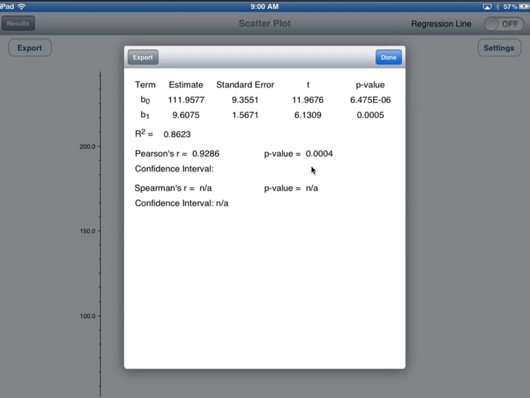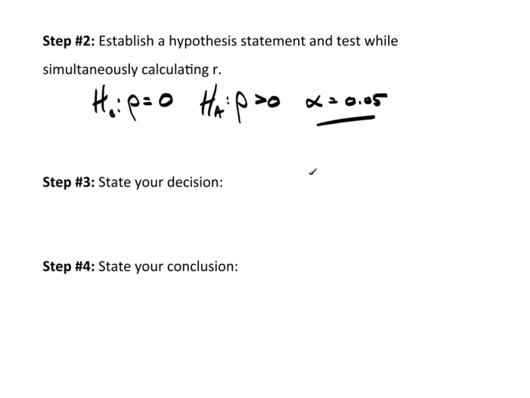Here's your correlation coefficient and a p-value of 0.0004, meaning there's very strong evidence that this positive linear trend that we're seeing is real and not simply a matter of chance. Now it's very important that you make these rhos with some type of tail so you don't confuse it and think it's a p, because it's not. So the p-value is 0.0004, so the decision would be to reject the null hypothesis